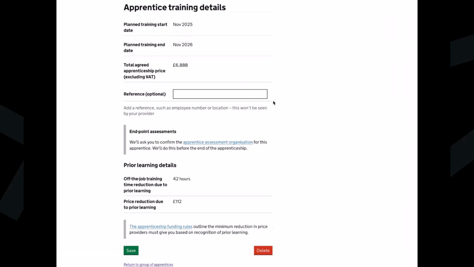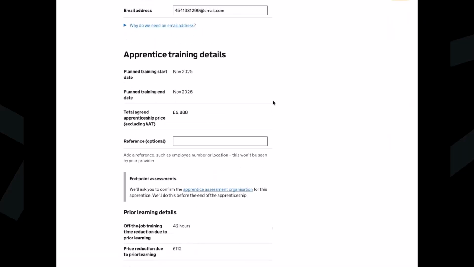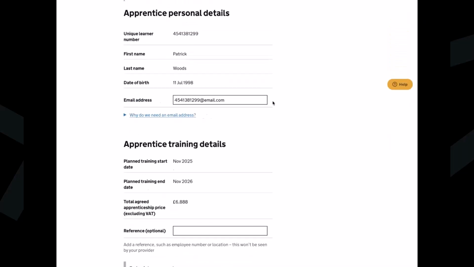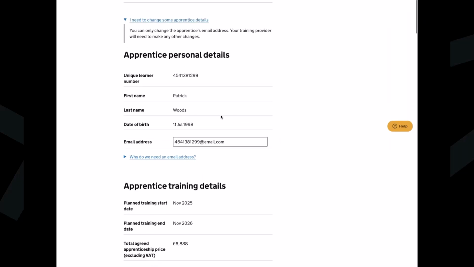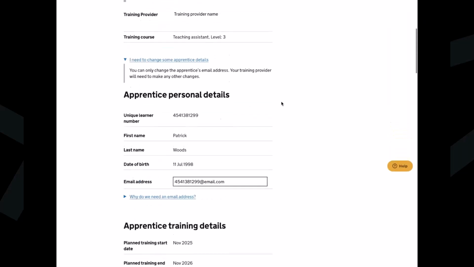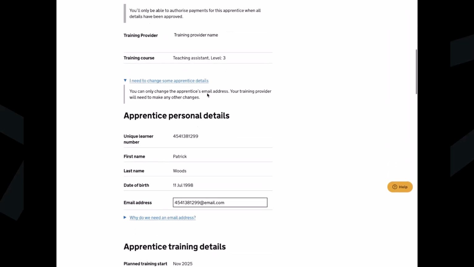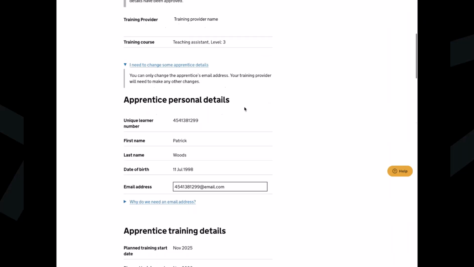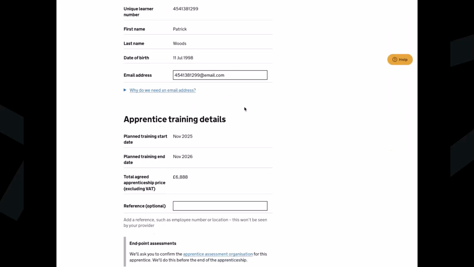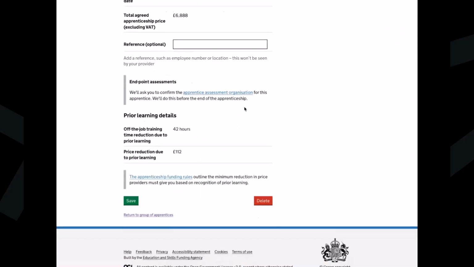One thing to comment on is if there is something within the application or the details that the employer thinks are incorrect, there are 2 ways of them handling it. We've put some help text here to say that you can only change the apprentice's email address. Your training provider will need to make any other changes. So they are not able to amend these details anymore. What they would need to do is, if we go back onto the approve page,